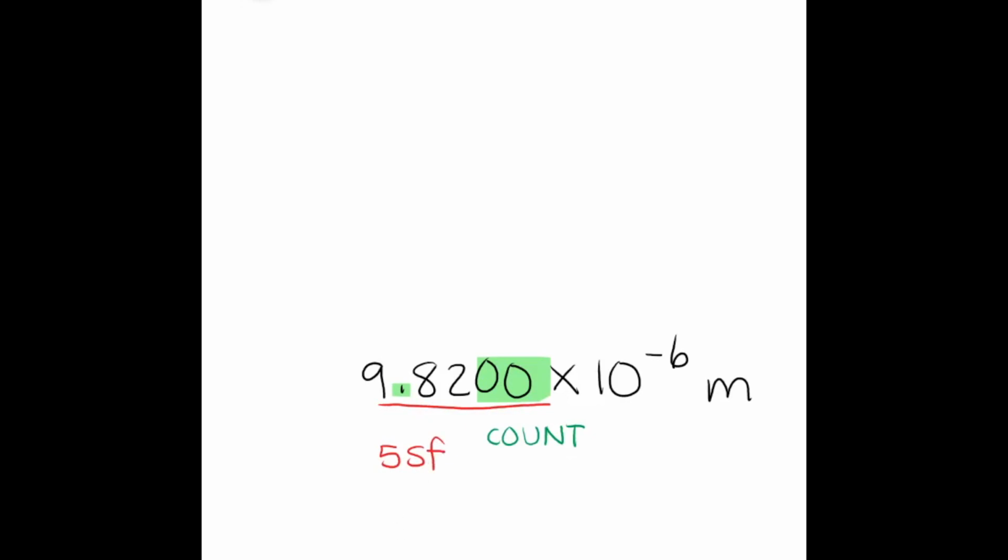We followed the same list of rules we've been using and got an accurate count of the sig figs. When you apply these rules to a measurement shown in scientific notation, it turns out that all digits will always be significant. So as a shortcut, we can just count the 5 digits in this number. Ignore the multiplier times 10 to the negative 6 and just look at the coefficient out in front.